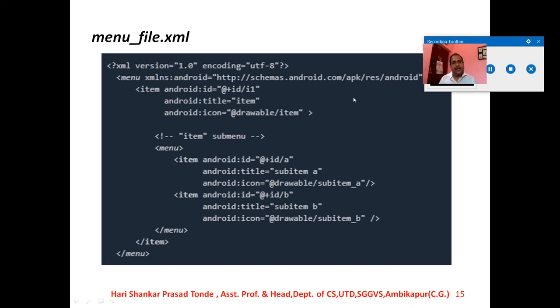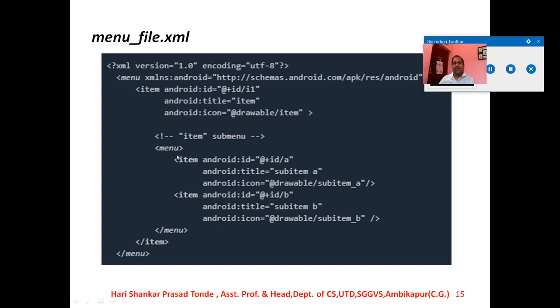This is the URL part which you are going to select at the time of working, and with the item part, these are the three options which we are going to use: android:id, android:title, and android:icon. So when you implement a menu, you have to close the menu item. Inside this menu, you have to use the word item android:id equal to double quote, within this double quote @+id/A. This will be the first item inside this menu. android:title equal to sub item A, means this will be the title. This you are going to choose.